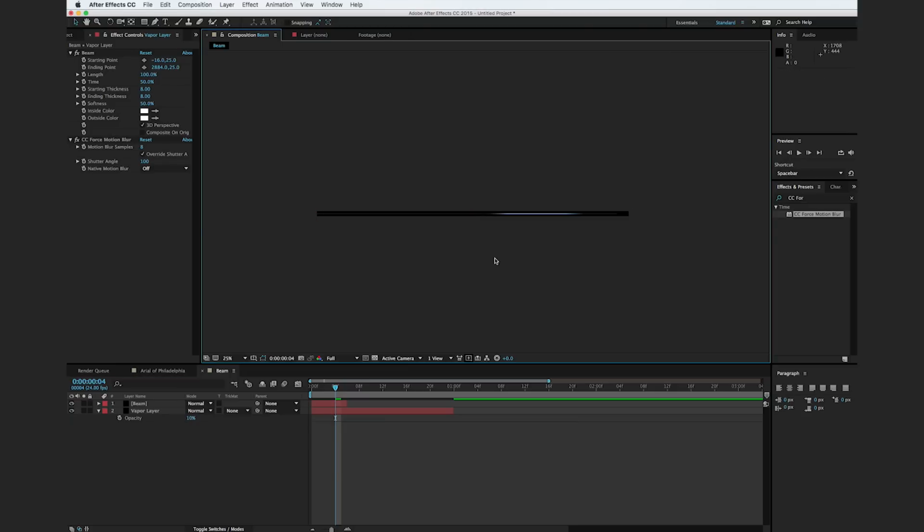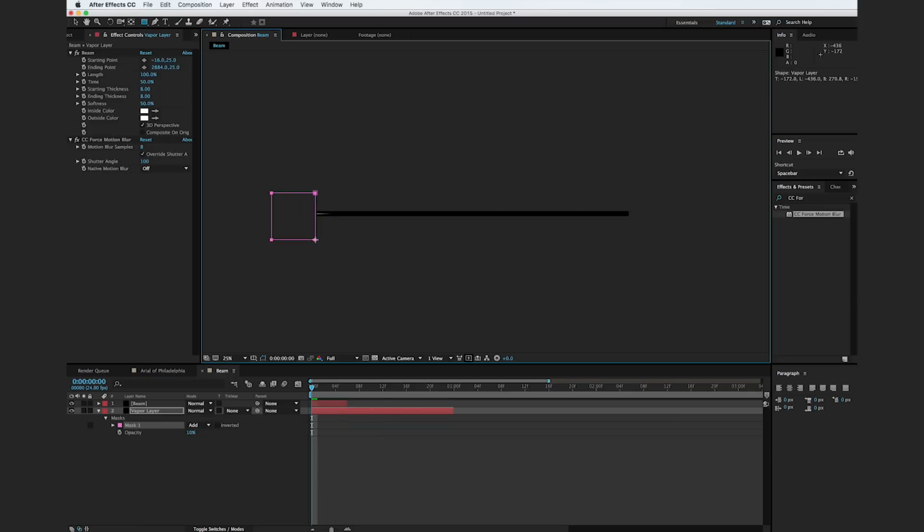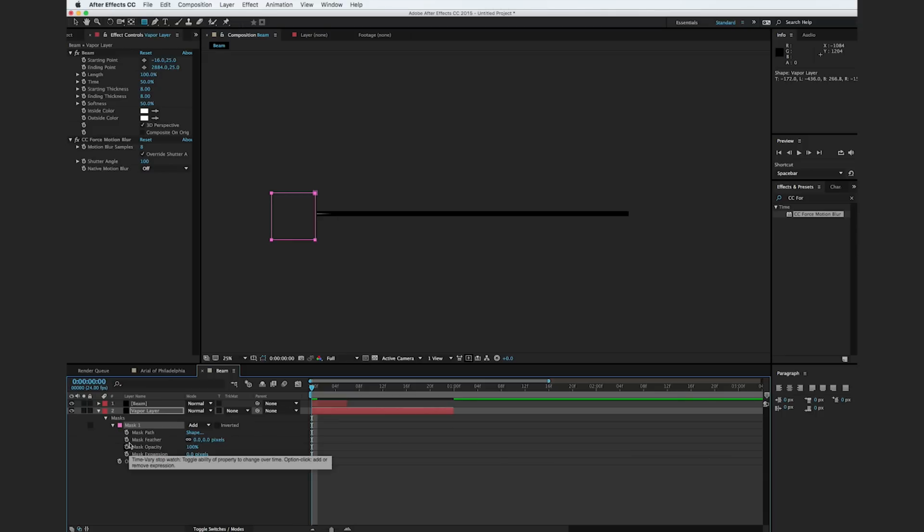So now if you look closer, you can see there's a vapor layer behind our beam, but the problem is the vapor shouldn't appear before the beam. So what we're going to do is add in a mask effect. So if we just hit this rectangle tool here, we can scrub to the very beginning and create a shape here. And we'll just go in frame by frame for a little bit here,